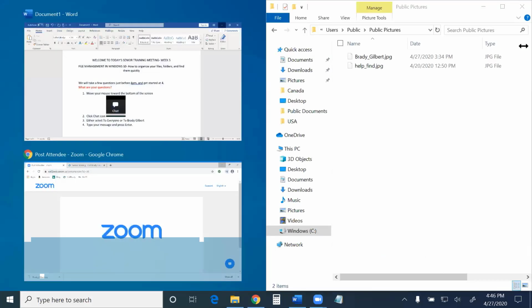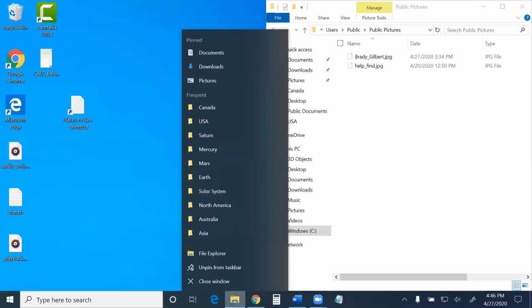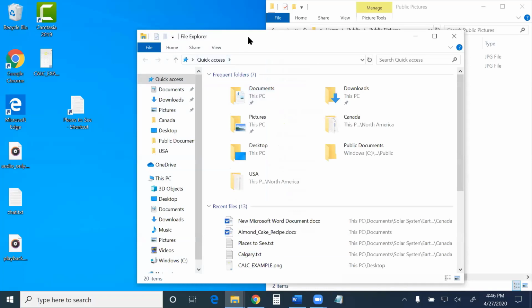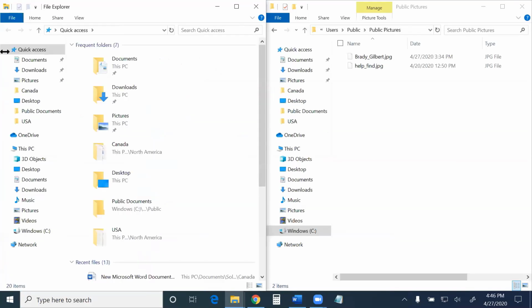When I dragged my cursor to the far right side of the screen, it made the window that I was dragging around fill exactly half my screen. So I could do the same thing by right-clicking on File Explorer, clicking on the name File Explorer. Then again, I'm just going to click up here in this top area of the bar. And when I start dragging, you don't see it happening, but as soon as my cursor hits the left edge of the screen and I let it go, it fills exactly half the screen here.